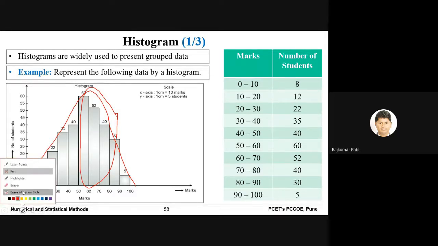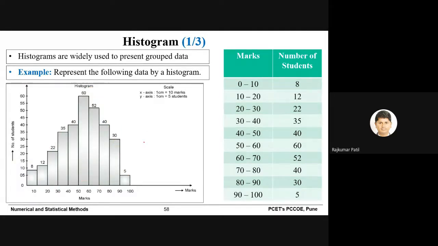Now this is just like a frequency distribution. So when we discussed the frequency distribution, what we saw was that we were plotting separate bars for each class. And here what we are doing, we are just connecting those bars. So such type of bars we have discussed in frequency distribution. And between two bars, there was some slight spacing. And here there is no spacing, as this is continuous data.